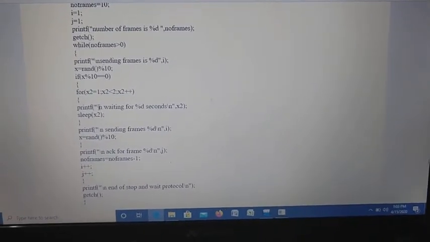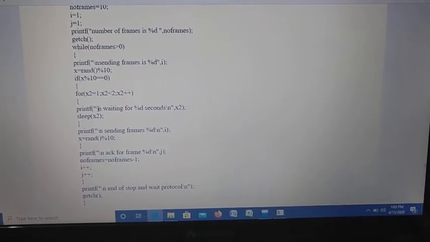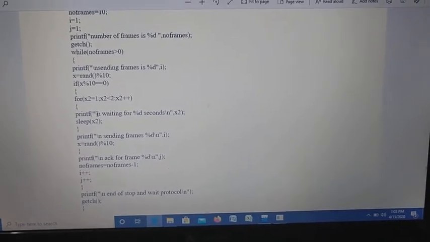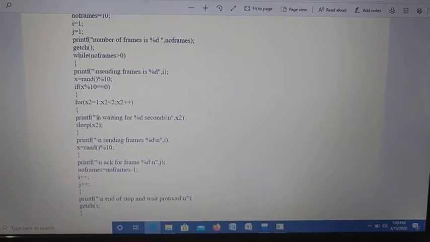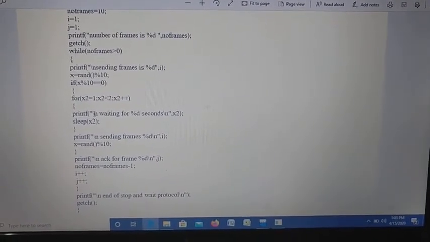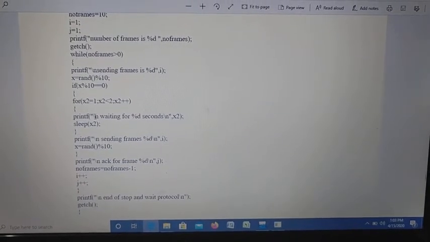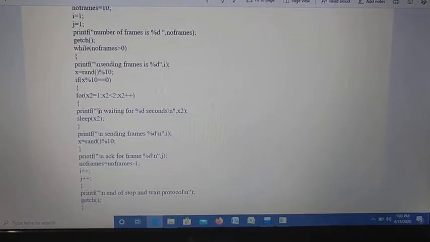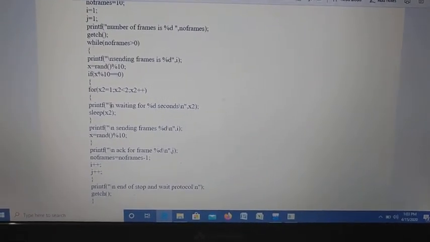A random number is going to be returned within the range. Why 0 to 9? Because here we have considered the number of frames as 10. So within that range itself it is going to return any value. That returned value modulo 10 will be saved in the x variable.